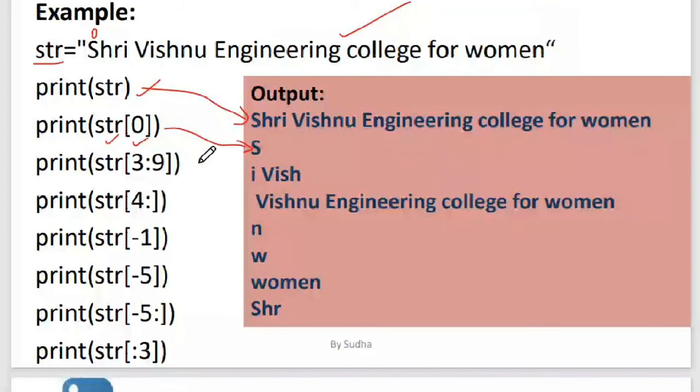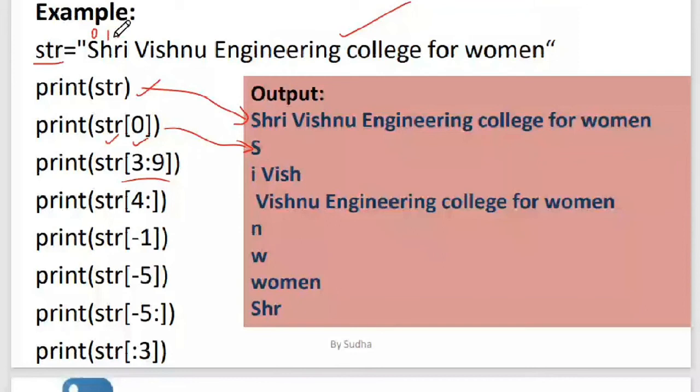Now coming to the next slicing. I'm trying to extract the substring. I said 3:9. Please see this very carefully. 9 does not mean the ninth character, it is n minus 1, so 9 minus 1, till 8 only it will give. From 3: this is 0, 1, 2, and 3.